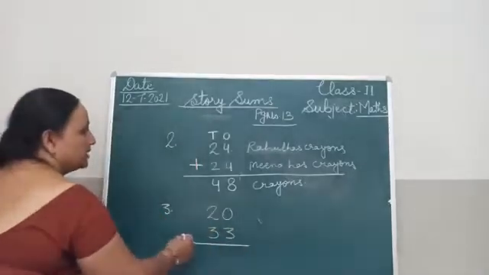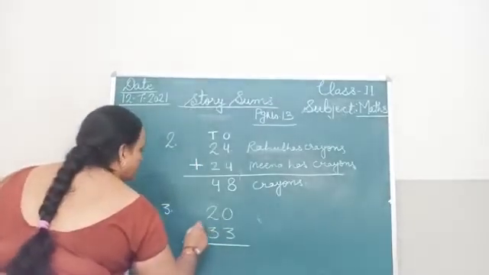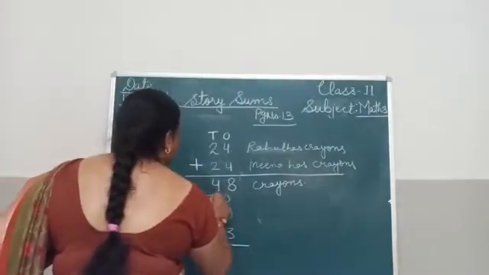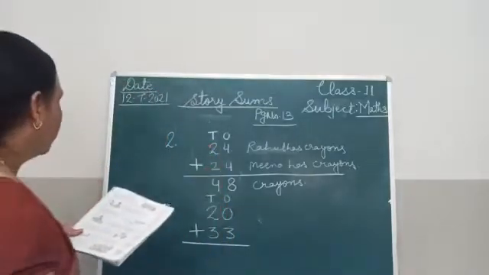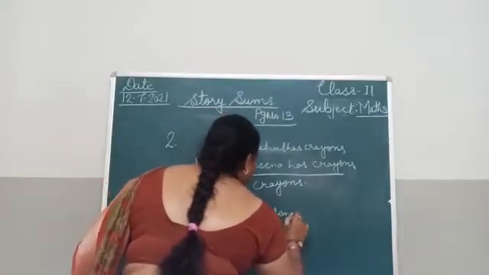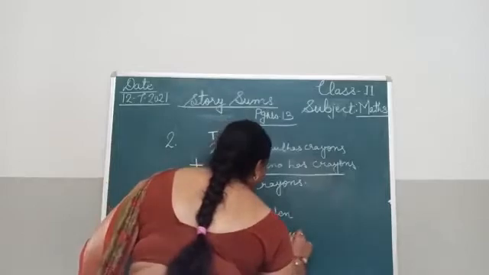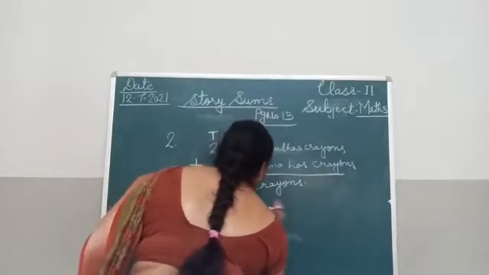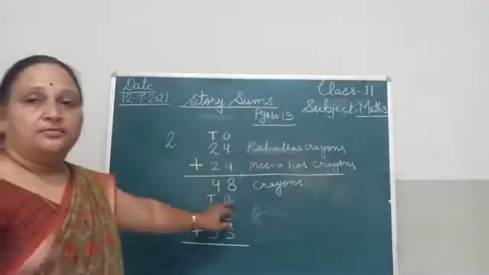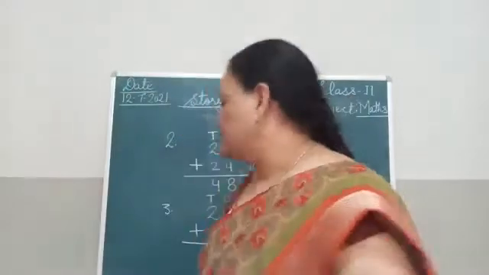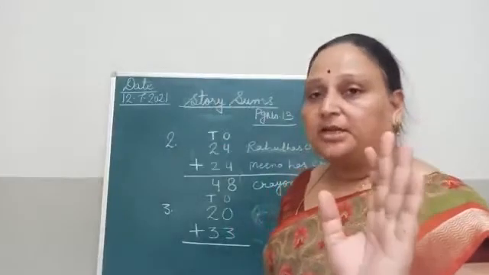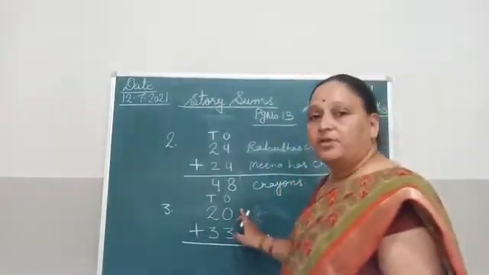We will arrange this number like this and we will put the sign of addition plus. Here O is ones place, and T is tens. Live in the garden and come, 33 come. Okay. So now we will count 0 and 3. We will start from which place? Ones place. Remember it. Whenever we start addition, subtraction, multiplication, always start from ones place.